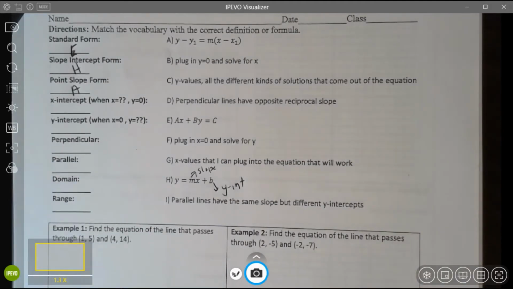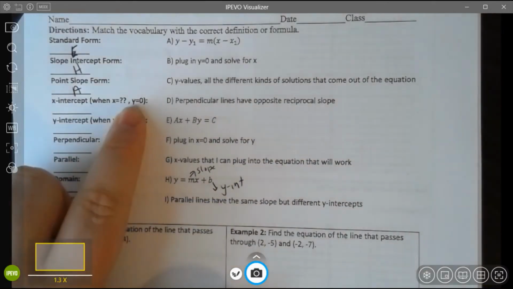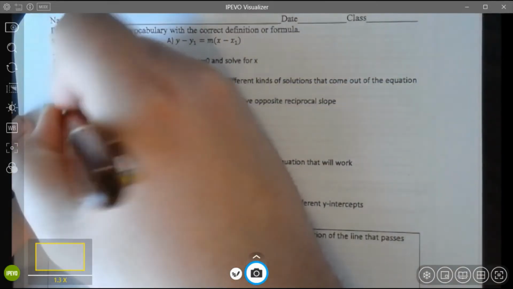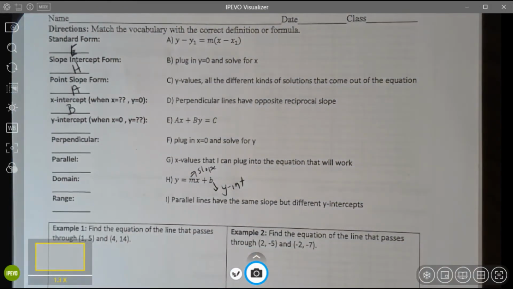The x-intercept, that's when you plug in 0 for y. That's why y equals 0 here. So you plug in y equals 0, and then you solve that for x. So this is going to be choice B. The y-intercept is when x equals 0. So this time you plug in 0 for x, and then you solve it for y. So this is going to be choice